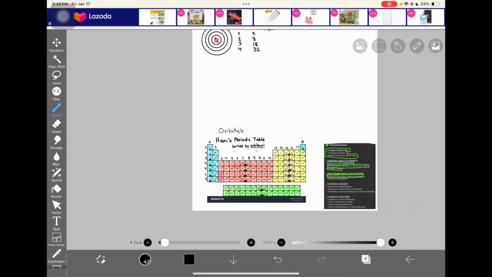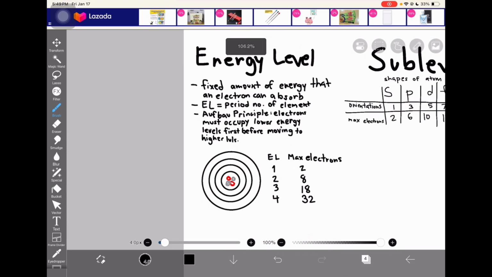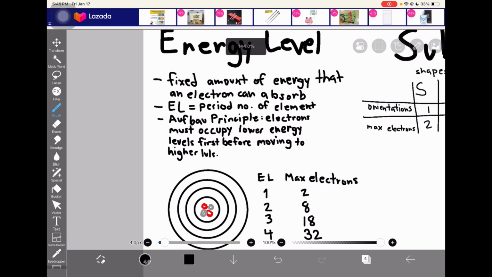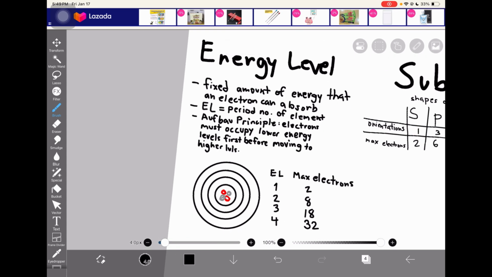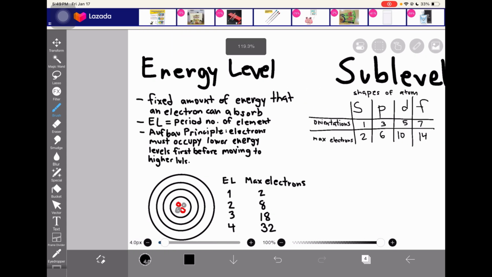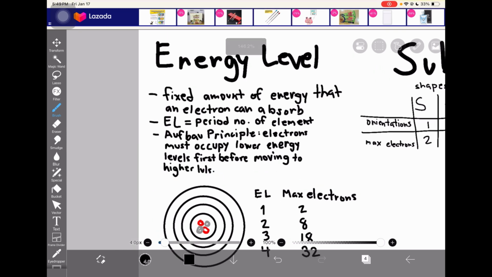Okay, so this is going to be now electron configuration. This is where it starts to get tricky, so I'm gonna slow it down a bit. Usually I'd go pretty fast, but yeah, I have to slow this down. So the first one we discussed is going to be the energy level, where it's a fixed amount of energy